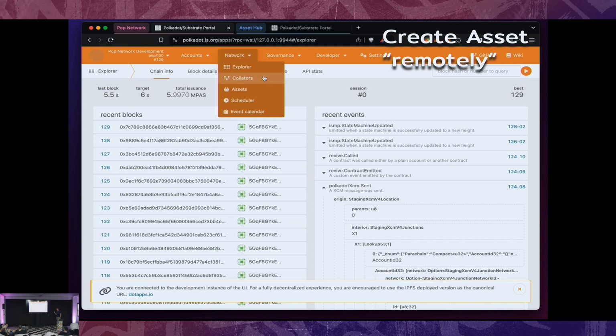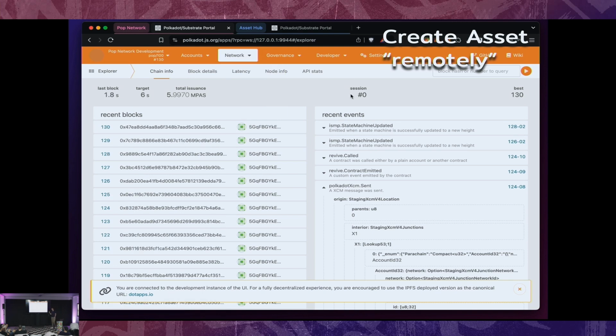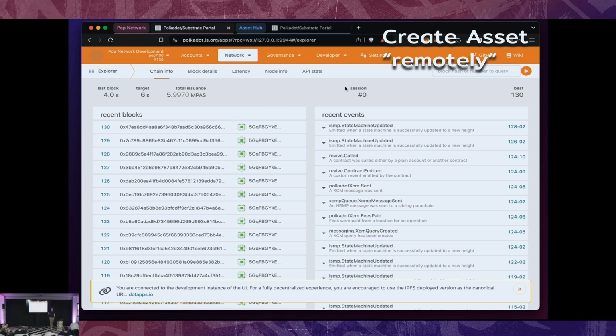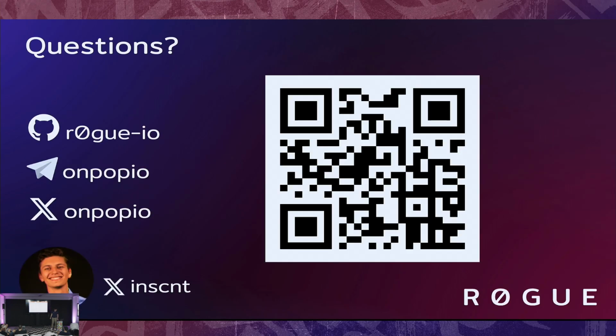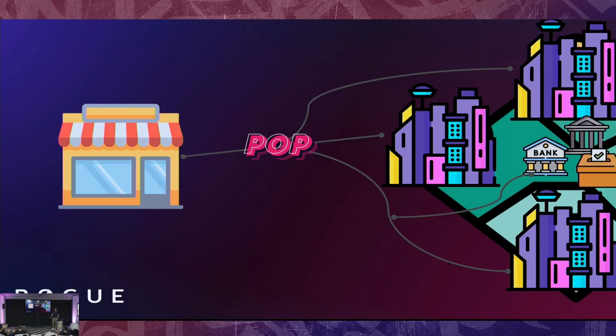Smart contract, not a parachain. You do not have to build an entire parachain to do this. You can build a smart contract on Pop. All right, so we've shown that with Pop, it will be easy, and it is possible to